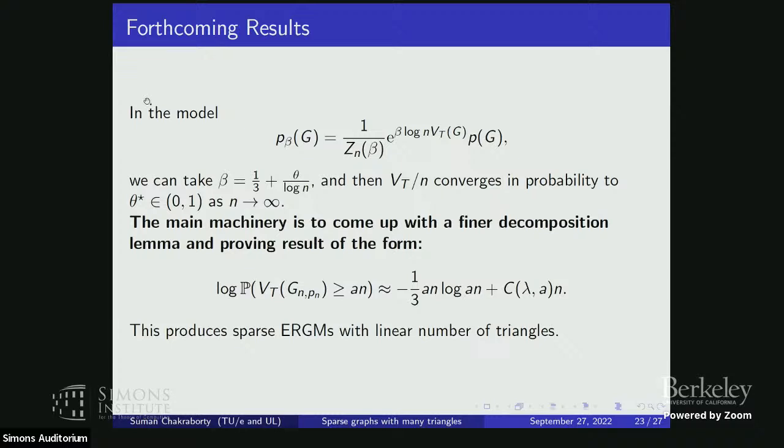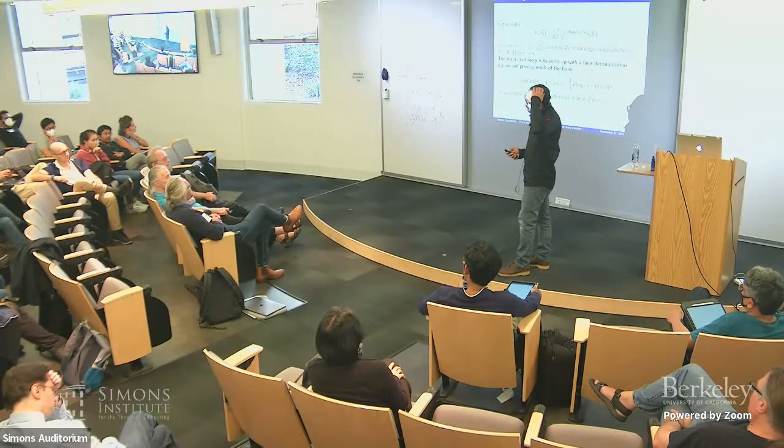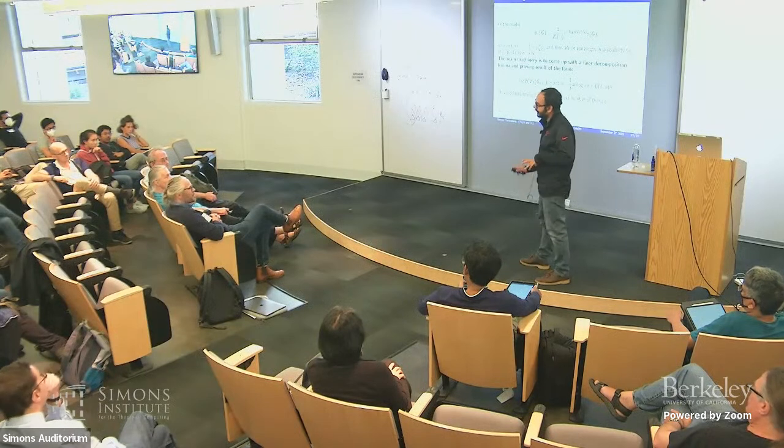Is the local weak limit just sort of...? It is definitely not a tree. Whether it is very different from Erdős–Rényi or not is a debatable question. But even the support is different. The supports are completely disjoint. The local weak limit of Erdős–Rényi graphs is completely supported on trees. Here you have, with some probability, a triangle. But do we know the local weak limit exists? No, we are not sure whether we'll be able to prove that, but that was the main thing that we're targeting, but we are not there yet.